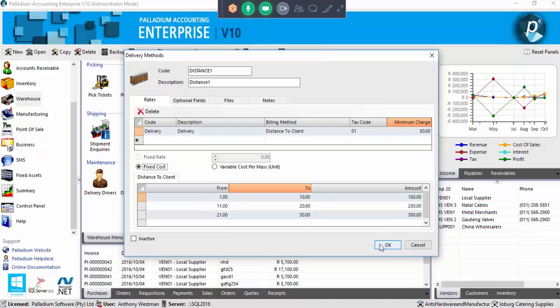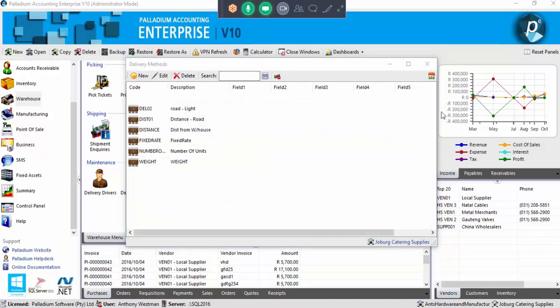We'll select OK. If you just want to remember these, because we're going to use this as an example a bit later, I'm going to go into the customer master file. In the customer master file, I need to give the client a distance, and then on the sales document, it'll calculate it and multiply it, depending on which range it falls in. So I'm going to assign a distance of, let's say, 8 kilometers. On the sales document, let's hope it pulls through 100 rand. So if we select OK,